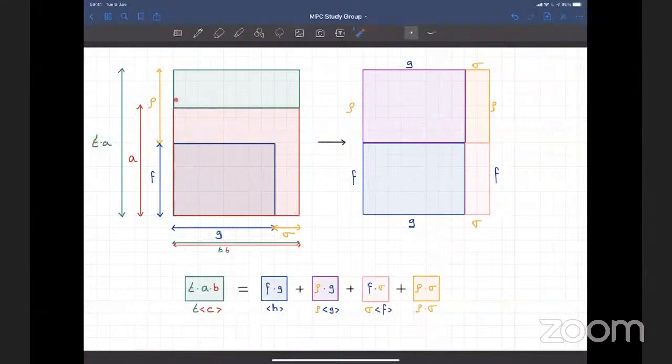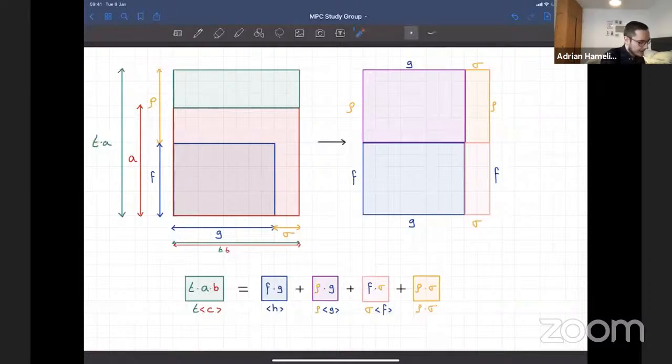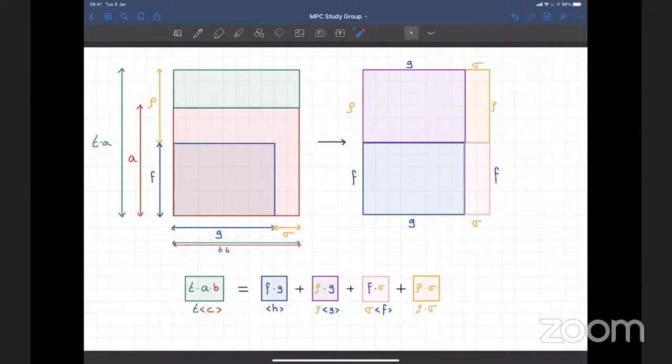Okay. And so this effectively hides the value of C as well as the value of A and the value of B, because B is hidden because you've got these two. A is hidden because it's determined by F, rho, and T, and the value of C is hidden by this T here.